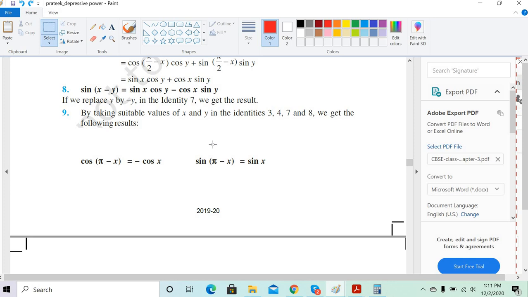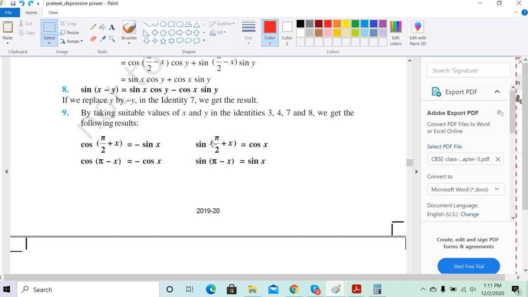Now we need to understand the positive and negative signs here. Sine 90 plus theta. 90 plus theta is anyway in the second quadrant, because it is 90 plus something. In the second quadrant, what is positive? Only sine and cosec. So sine 90 plus theta: as per the complementary angle, sine will change to cos, and as per the sign convention, in the second quadrant sine is positive. So that's why plus cos x.